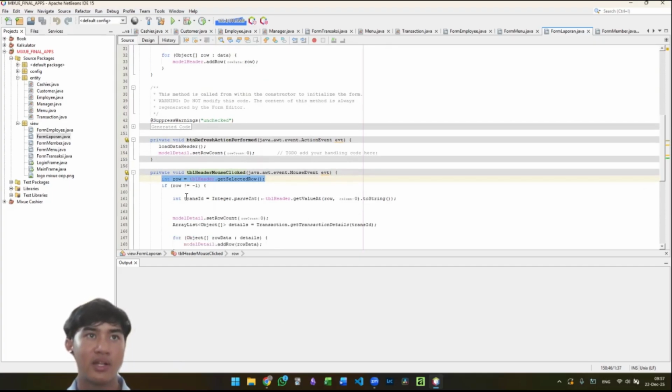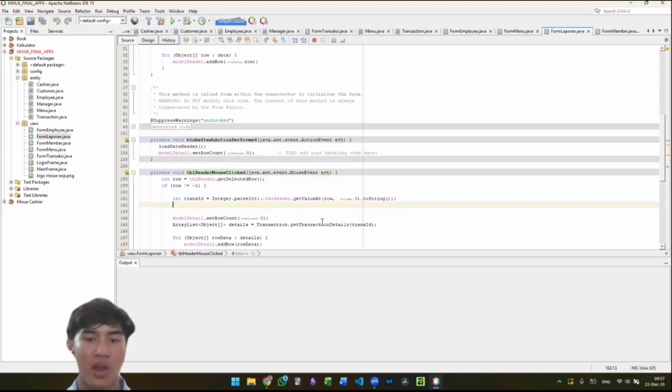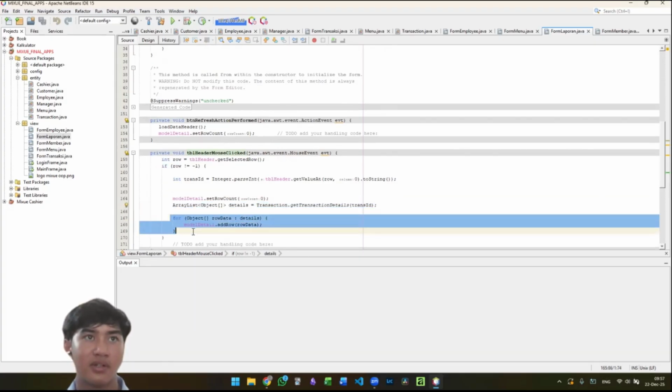Then it will read the transaction ID. Here we set column 0 as the start, not column 1. Then it will load the transaction detail using this. Then display the detail objects in the table.